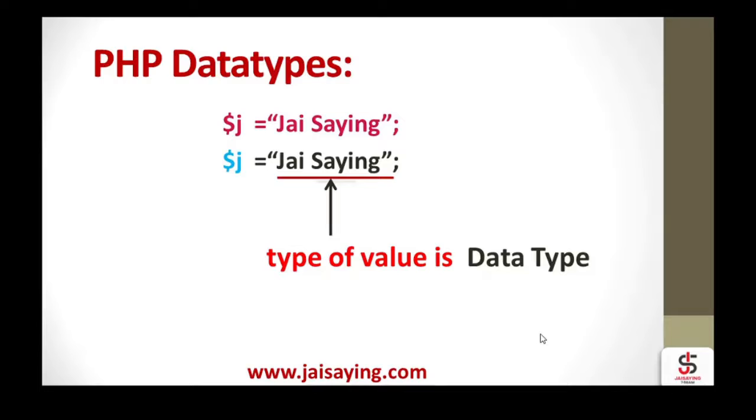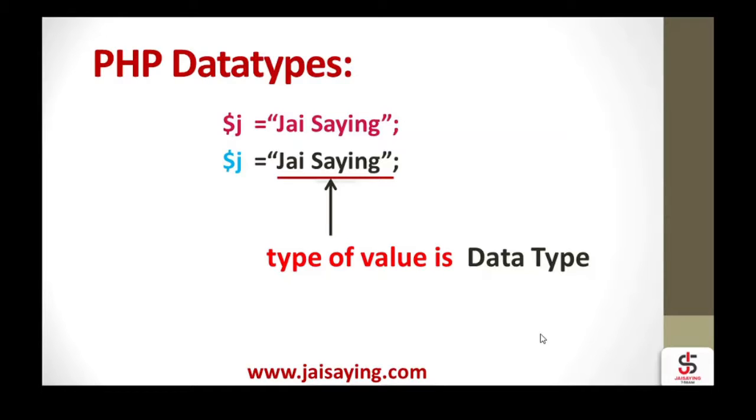In this variable, the value can be any type, like numeric type, string type, boolean type, class object type. So in this tutorial we are going to learn what a data type is,